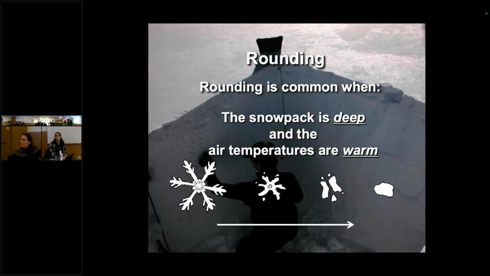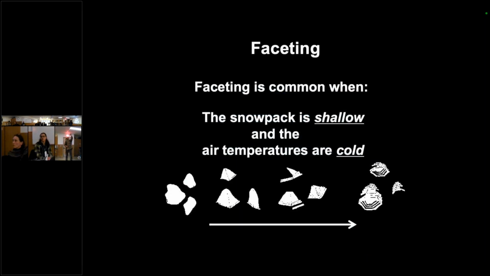You want to talk about maritime, where our snowpacks are typically deeper. Temperatures are warmer, so that promotes more rounding. Faceting is more like Colorado, where it's drier with a shallower snowpack. Your snowpack's more exposed to the air temperatures. So with our snowpack typically being deep, the difference between the air temperature and the ground temperature isn't as big of a gradient. Versus if you had a shallow snowpack and cold temperatures in the air, and the ground we kind of typically assume is right around freezing.